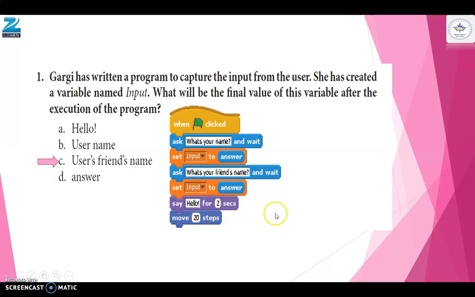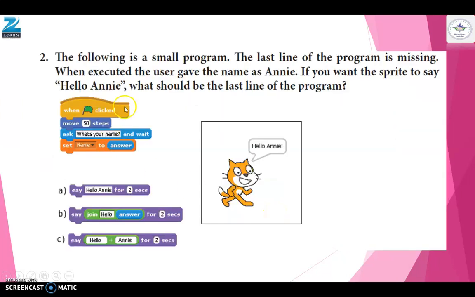Okay, now let's try another. The following is a small program. The last line of the program is missing. When executed, the user gave the name as Annie. If you want the sprite to say hello Annie, what should be the last line of the program? So here this event block is given, then move 50 step is given, then ask what is your name? Set name to answer.